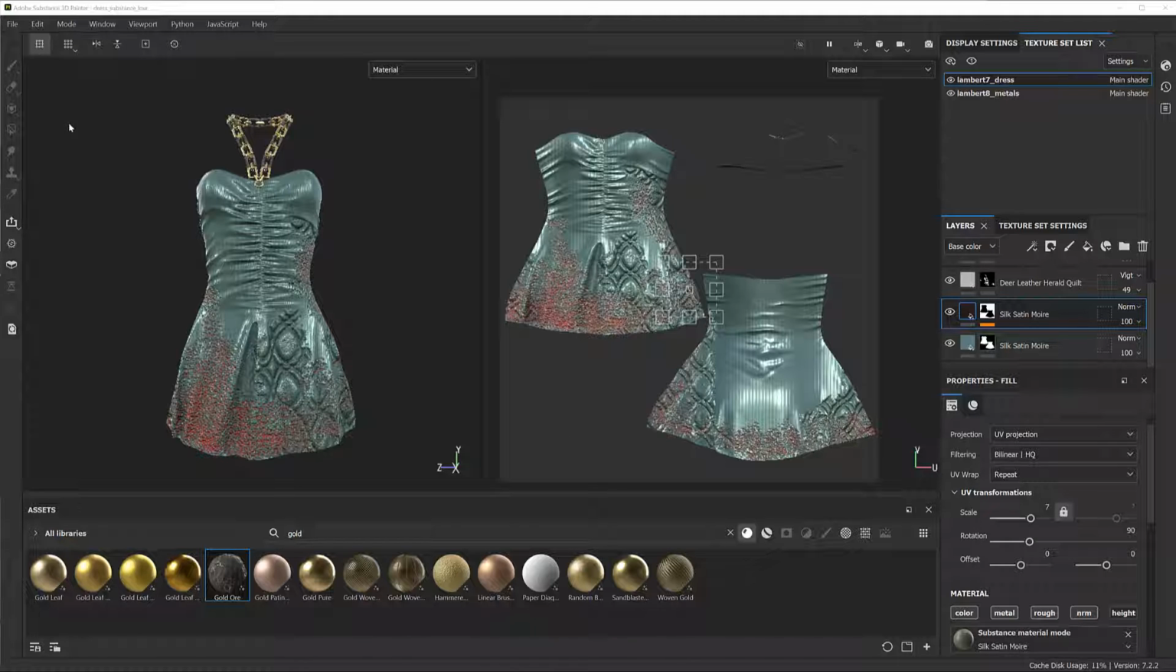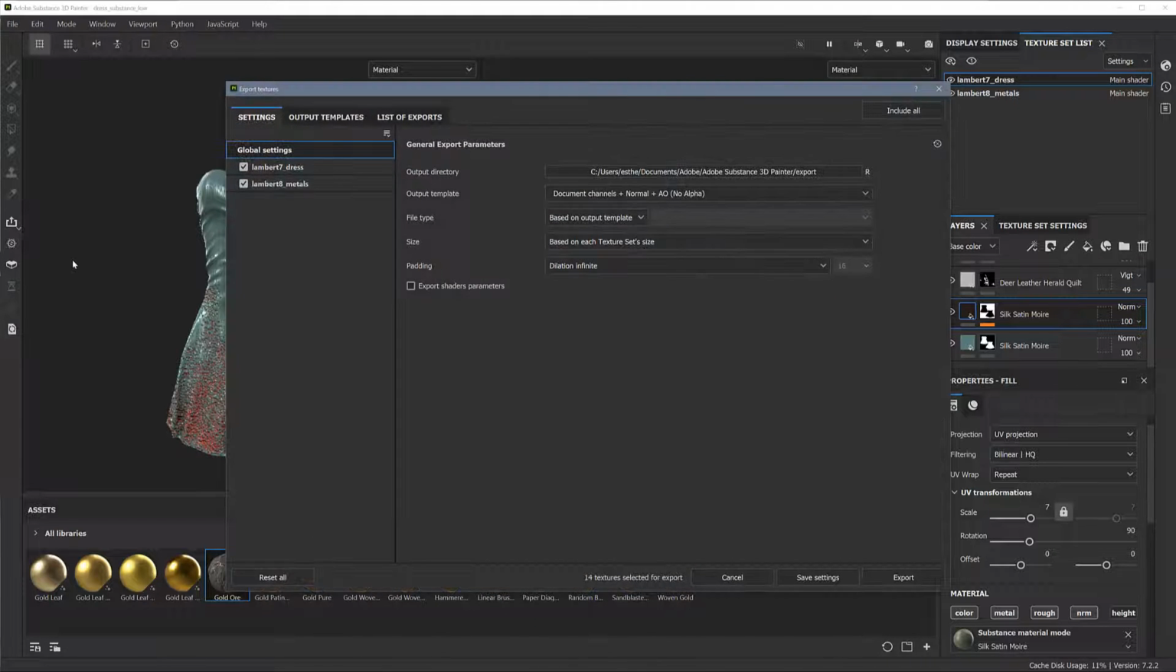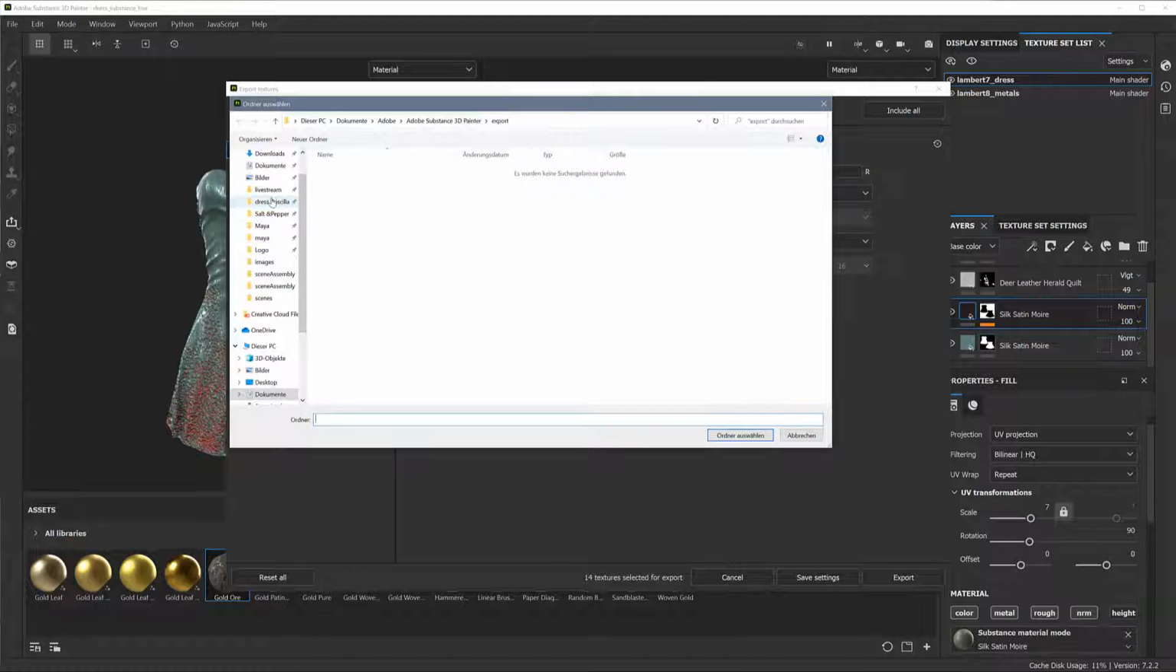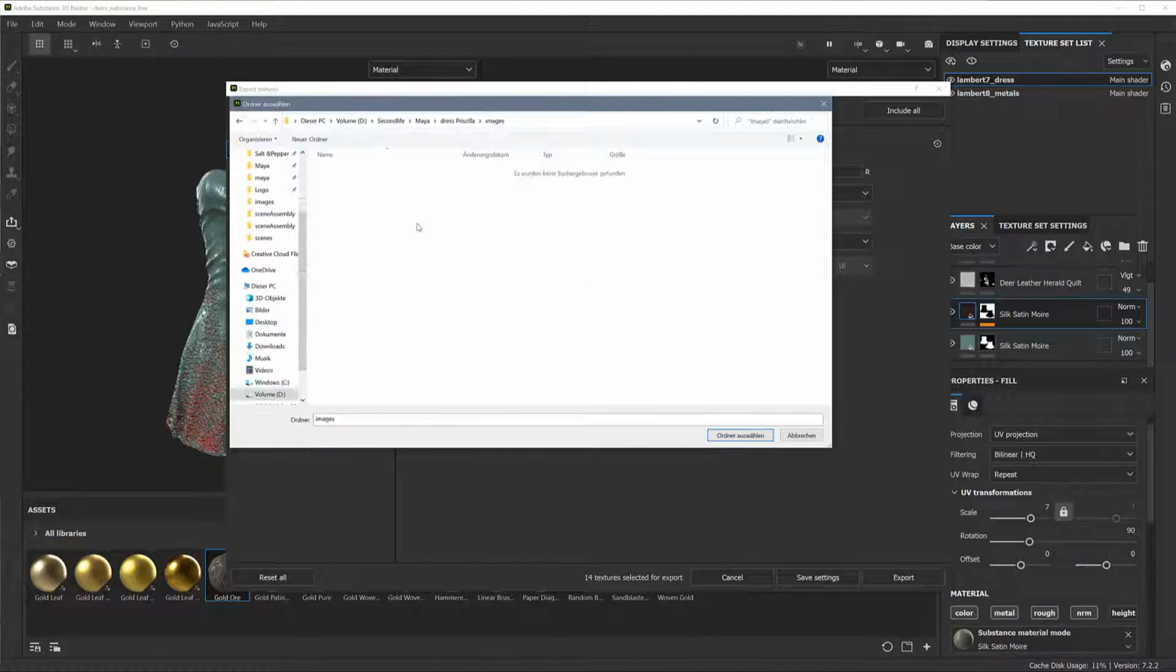So when we want to export, we go to File, Export Textures, and you will see the actual materials that you have in here. Sometimes you would want maybe only one, so you can tick off the other. We will leave them both selected for now. You will select a folder where you want your files to go to. I'm going to select the image folder in here,